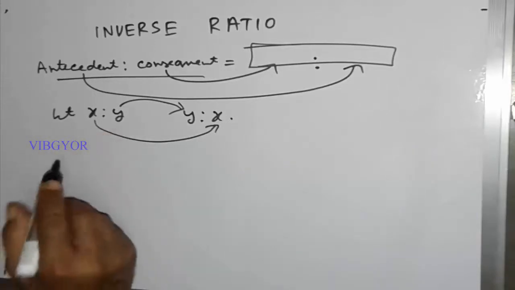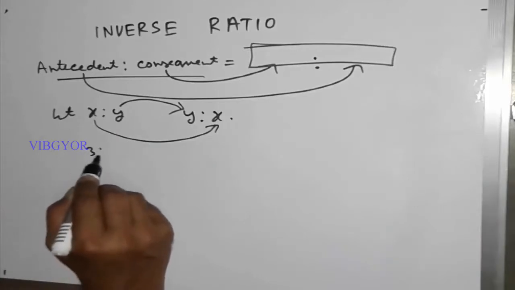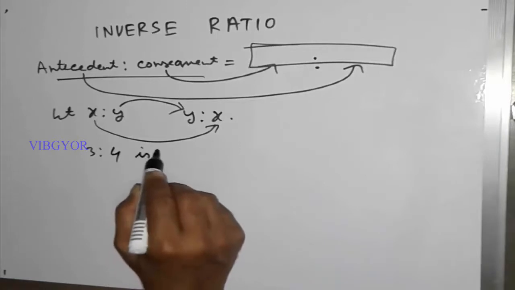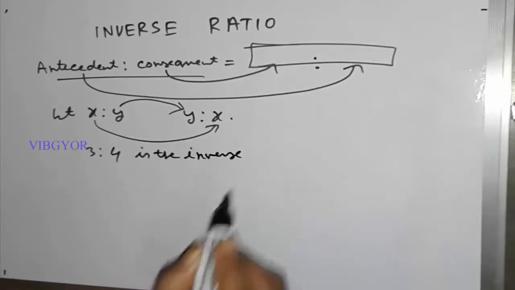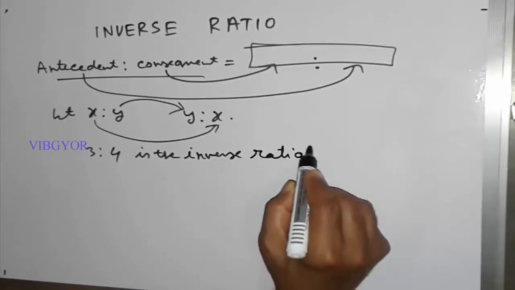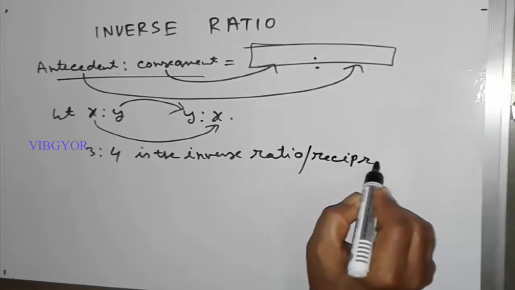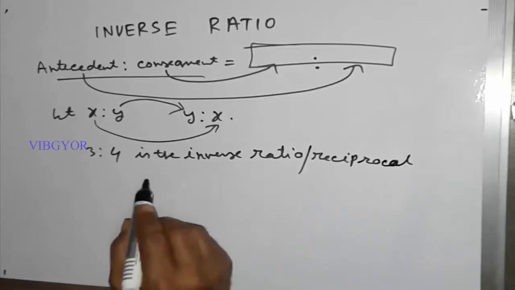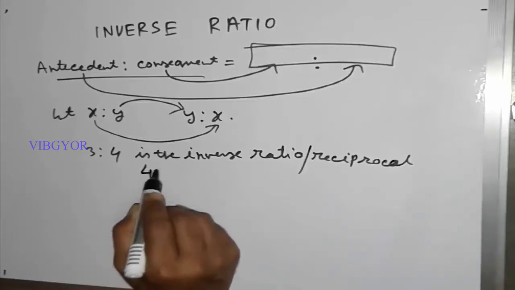As another example, we can say that 3 is to 4 is the inverse ratio or reciprocal ratio of 4 is to